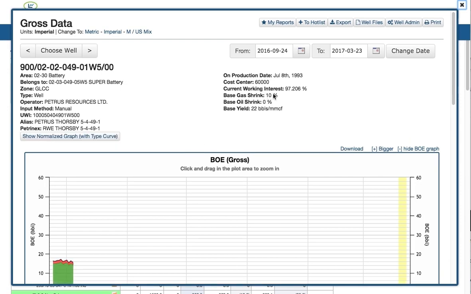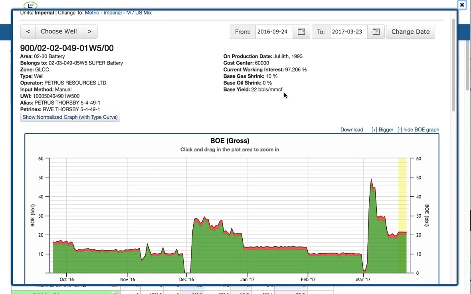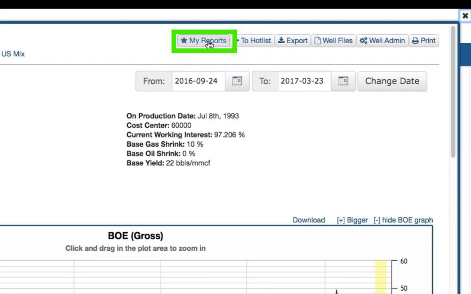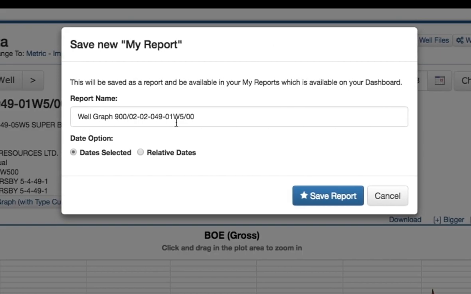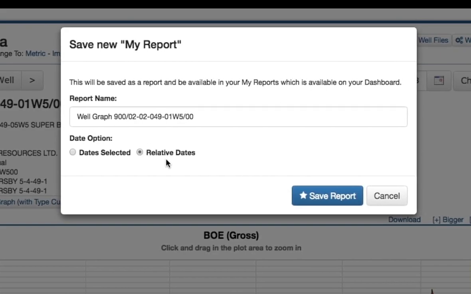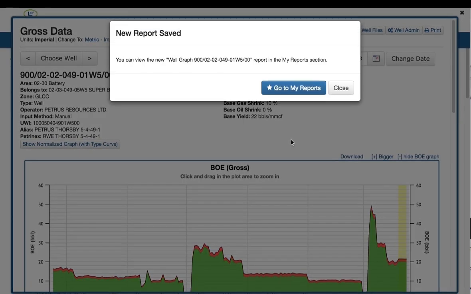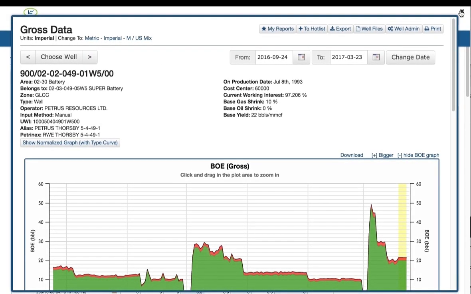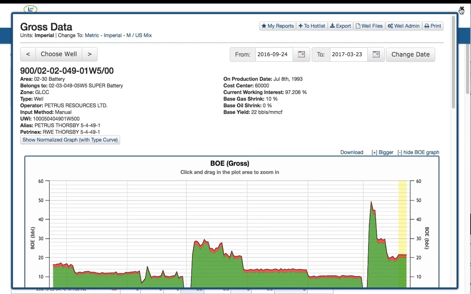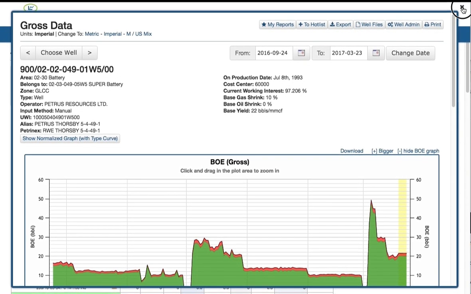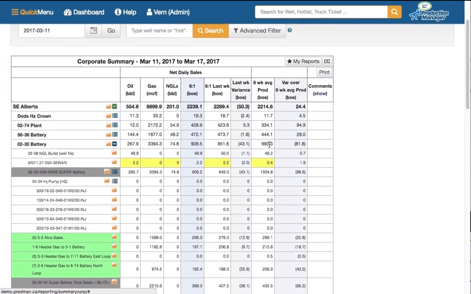So again, now that I've got the well I'm interested in, you will see the My Reports at the top of every well graph. So again, if I add this, I can give it a title. I could make it relative probably and save reports again. So this way you can pick and choose well graphs. You can take some of the higher formatted reports like corporate summaries,